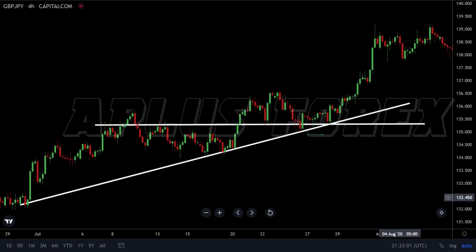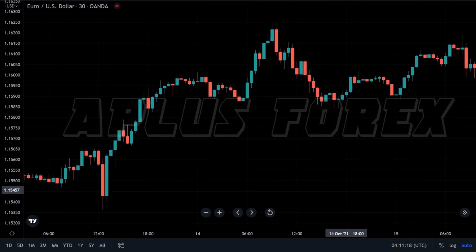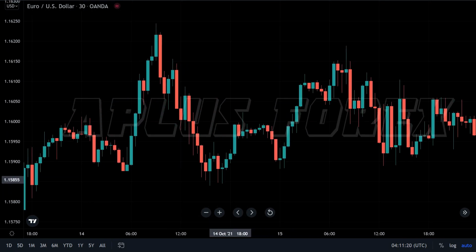We go long, putting our stop loss just below this previous swing area and target a 1 to 2 risk to reward ratio. This trendline trading strategy can be very reliable if you incorporate price action knowledge and not just taking trades blindly every time the market gets to a trendline area.